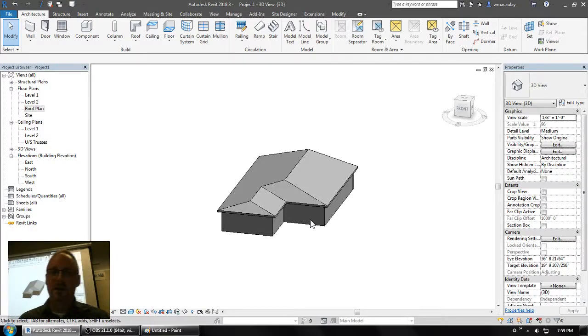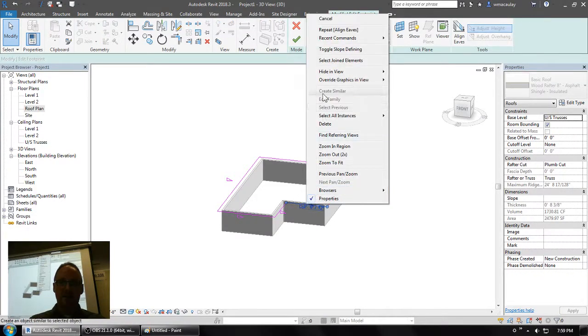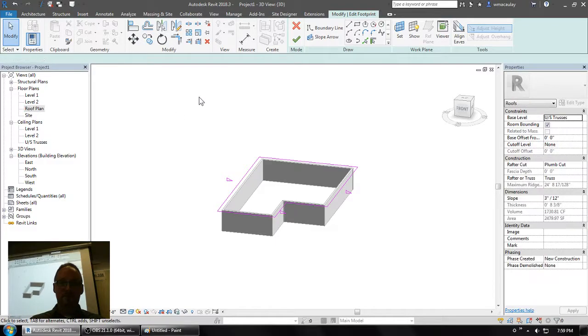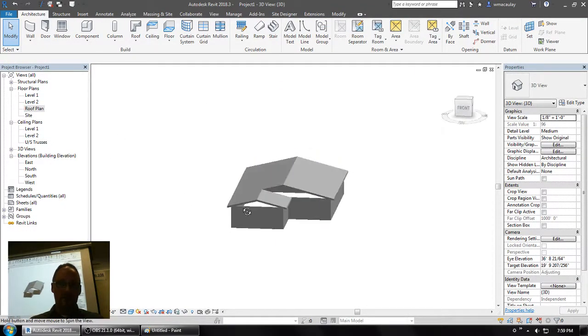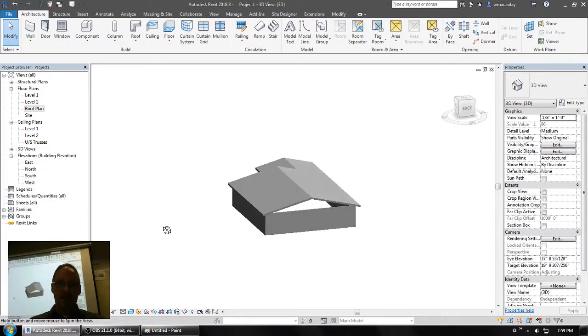So we've talked about your hip and gable end roofs. So again, if I want to make these gable ends, I'll double click the roof and I'll right click the slope lines so that they are not slope defining. So there you can see I've got a couple of gables at this end and then a gable at the